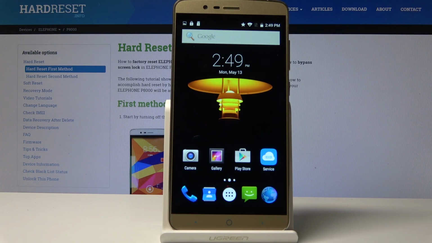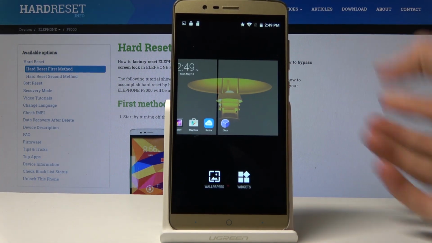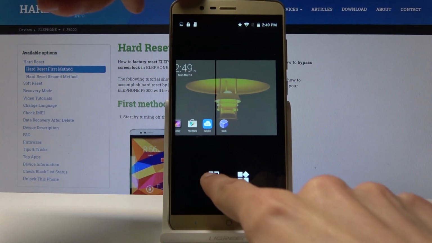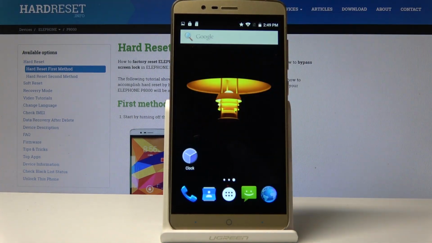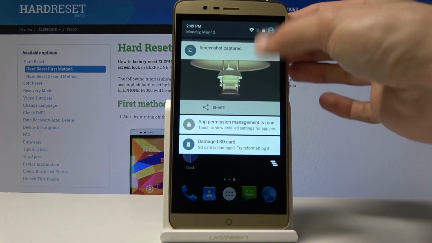Welcome. In front of me is an ELEPHONE P8000 and I'll show you how to change the wallpaper on this device. So normally you could just hold your finger on the screen and tap on wallpaper, but because the screen doesn't really fully work, as you can see, I try to tap on it and nothing really happens. Some part of the screen is basically dead for me, so